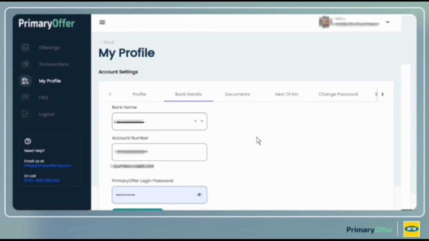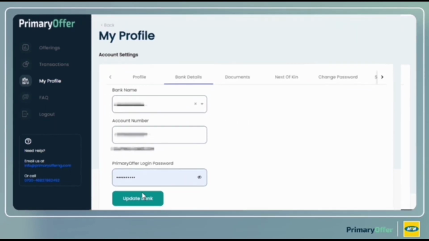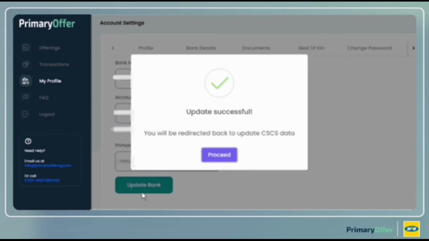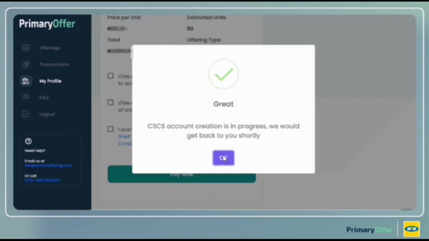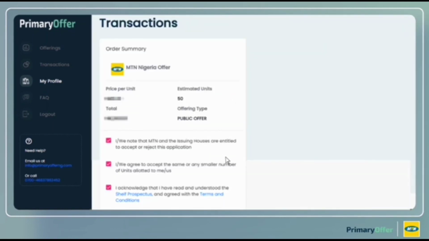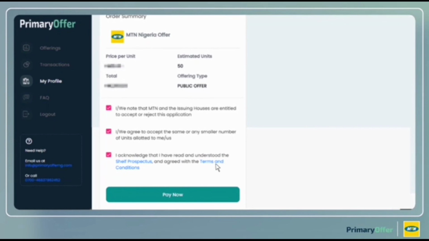Please click on the drop-down to select your bank and input your account number and Primary Offer login password. Once you enter your bank details, if the details are correct, you will see a message stating Update Successful. Click Proceed. Fantastic! Your CSCS account is now in progress. You can now purchase shares. Click on the OK button to be directed to the transaction page to review your order. Please tick on the terms and conditions and click